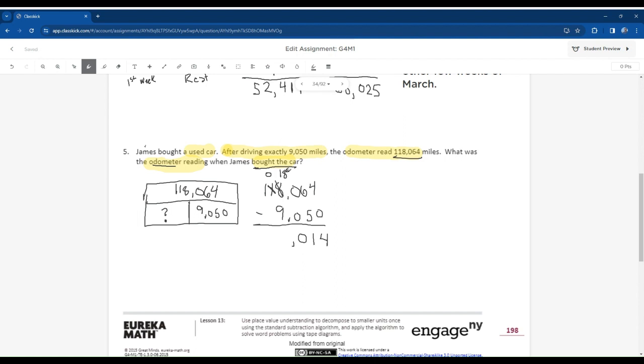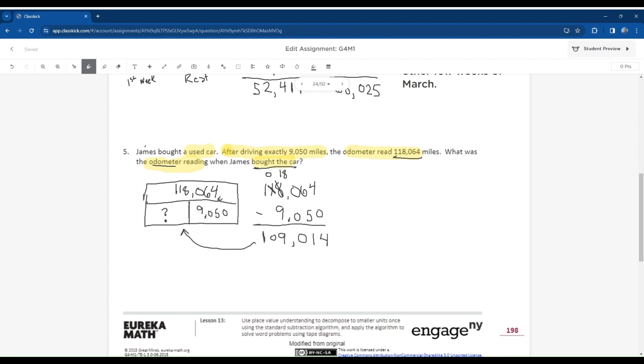And I'm going to regroup that for 18,000s. So 18 minus 9 is 9. 0 minus nothing is 0. And 1 minus nothing is 1, to make 109,014. So that should be the amount of miles that was driven before James bought the car